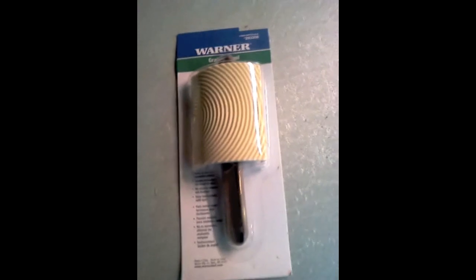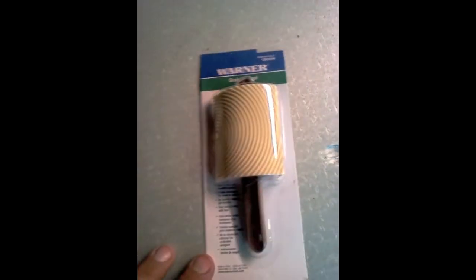Graining tool. I picked it up at Home Depot, a couple of dollars. So what I'll be doing is marking out the width of this across the edge of the coffin, and doing the same thing at the other end. And it looks like it's about 3 inches wide, making the lines going up the coffin, burning them in with the wood burning tool, and then I'll go over it, and then I'll start the painting process, and using the